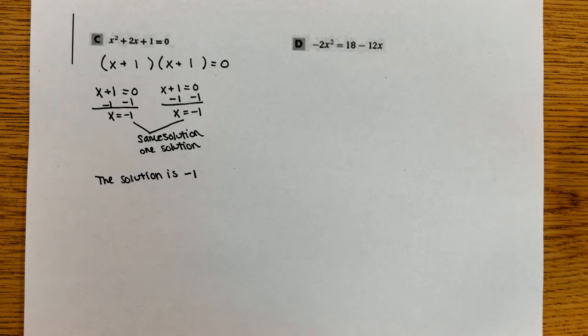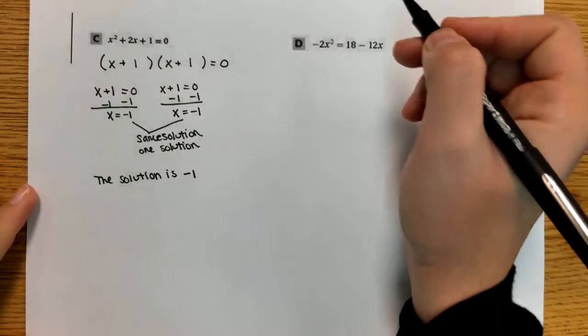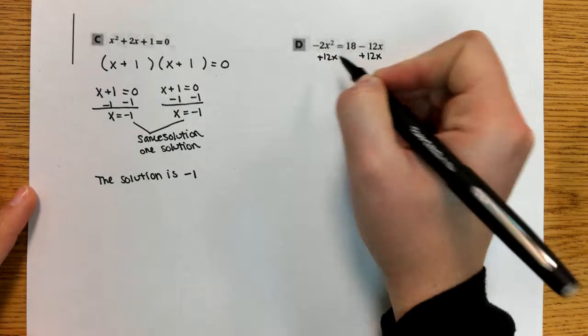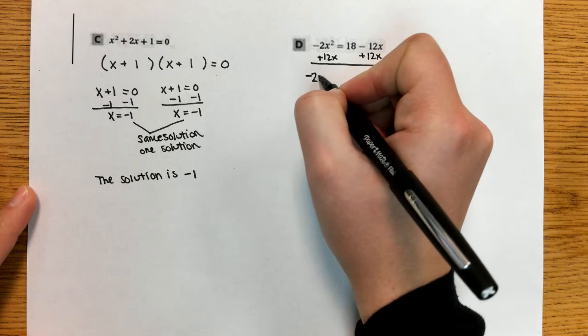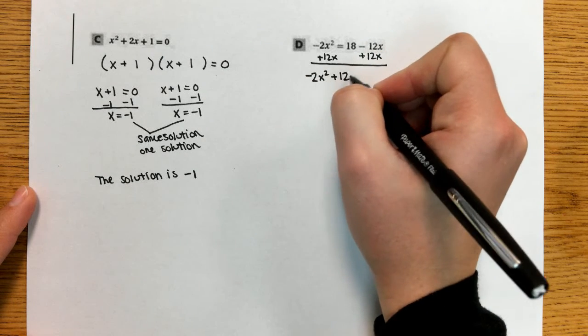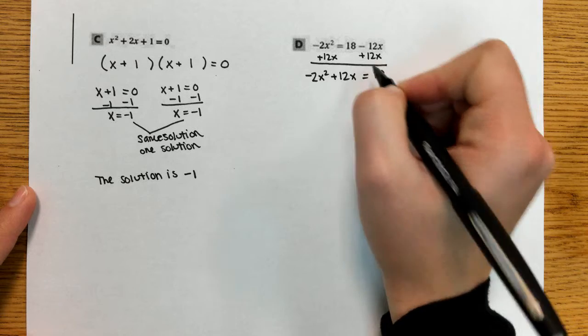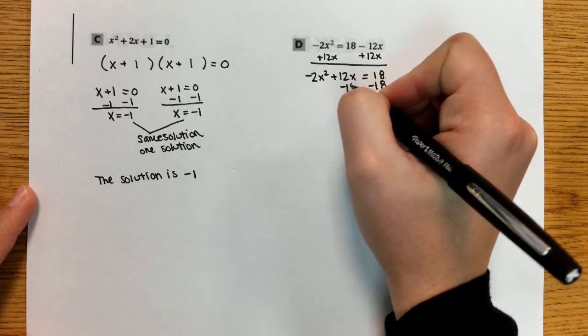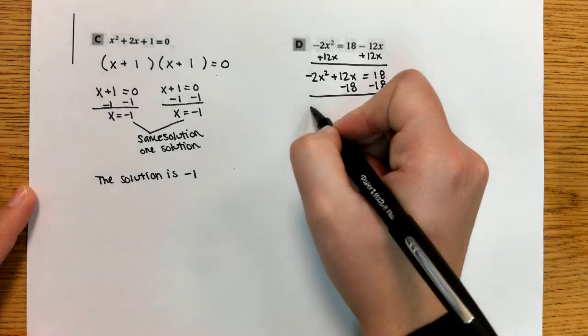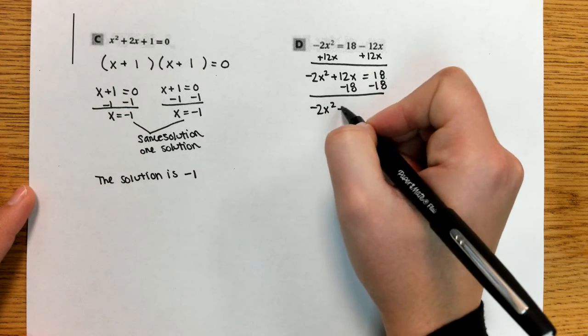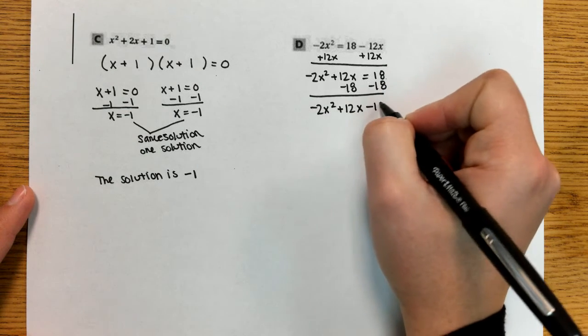the D. We have negative 2x squared equals 18 minus 12x. So here, this is not in standard form. So let's get everything to the left-hand side. So I'm going to add 12x to both sides. So we're going to get negative 2x squared plus 12x equals 18. And then to get the 18 over, I'm going to subtract 18 from both sides. So I get negative 2x squared plus 12x minus 18